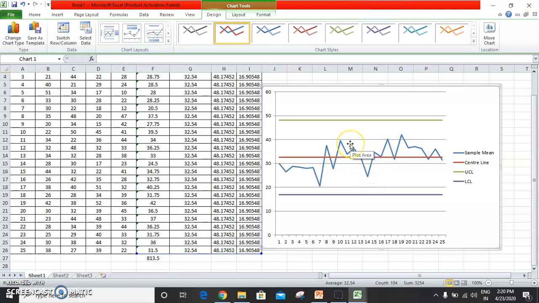The central line values, here the mean, and the distribution of the mean give an idea to understand if all the points are within the control limits. If so, we infer that the process is under statistical control. But if any point goes beyond the upper control limit or the lower control limit, the process is out of control. In this kind of situation the production process should be stopped and the cause of variation should be identified and eliminated. We will understand how to identify and eliminate those causes in the next video.